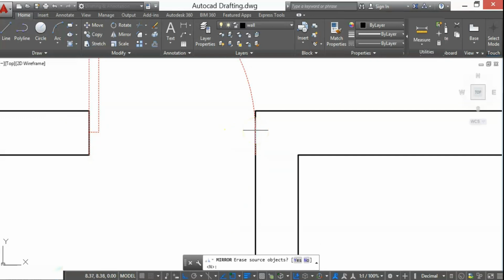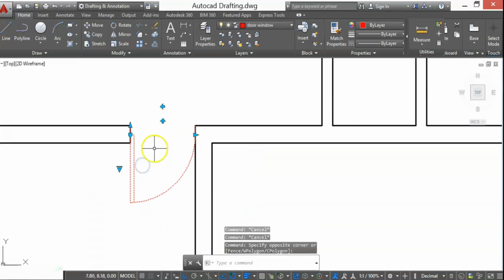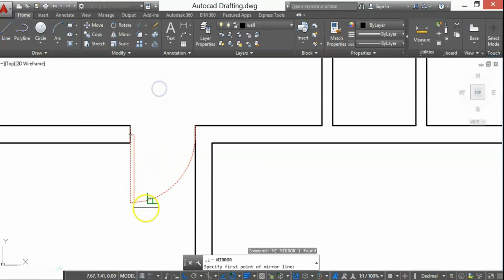You will get an option of erase source object, yes or no. I want to erase the previous one, so I'll click on yes. Again enter. Same way I want to mirror it on this side. MI, again the same way.